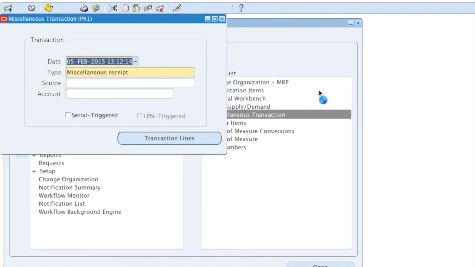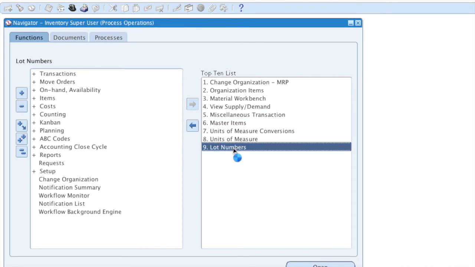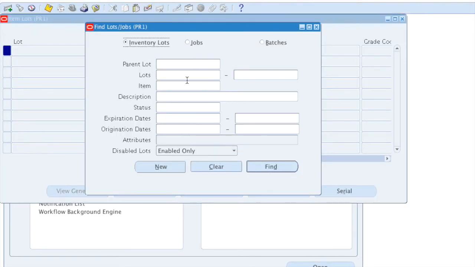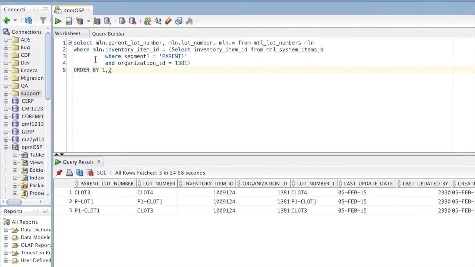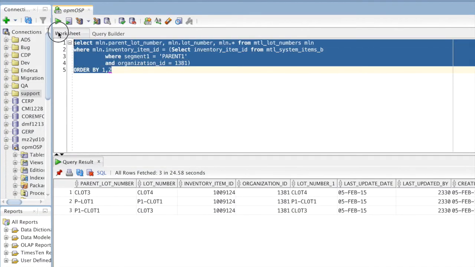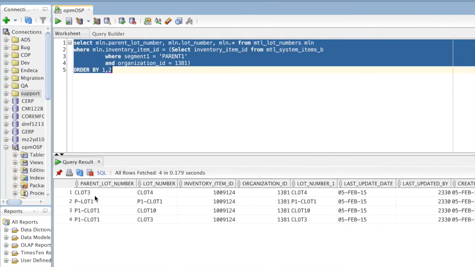The system technically allows me to do all these things. A parent can have as many children as it wants, and the children in turn can have as many children as they want. That's exactly what was being shown there. We could quickly double check the same thing by making a query on the lot screen. If I look for the item parent1, you can see that P1 C lot 1 has a parent lot of P lot 1.